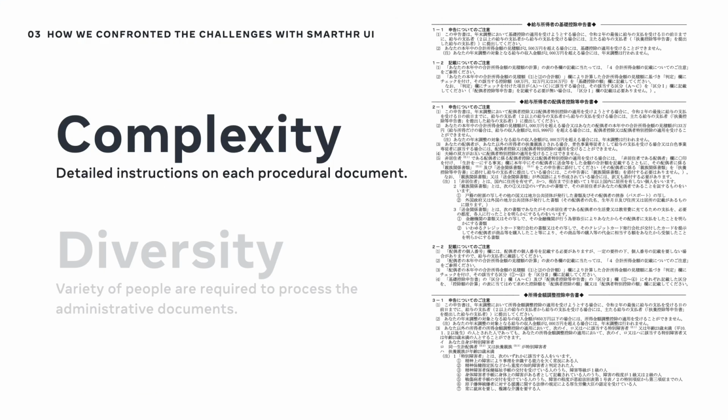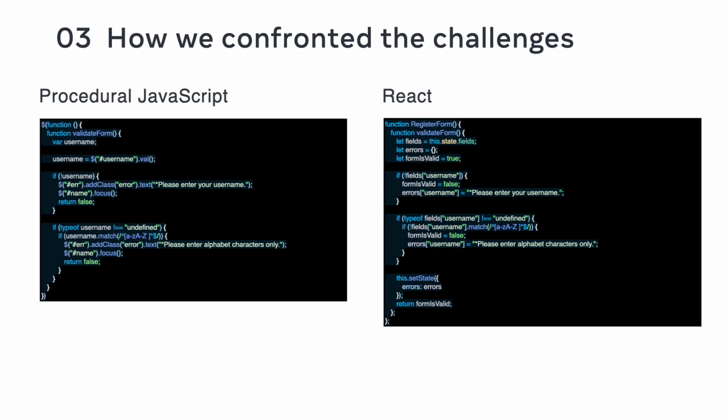As I've already shown you, we have these paper documents to be filled in with forms. Before React, forms were very difficult to implement using procedural JavaScript, and DOM manipulation was closely combined with the logic. In order to recreate the specifications of the form, there are many conditional branches for input depending on the state, and it would have been very difficult to fully express this with procedural JavaScript.